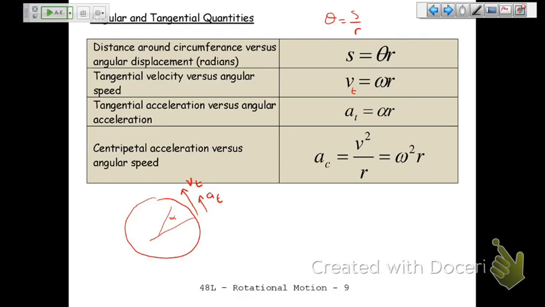I can relate them. And the way you remember it is